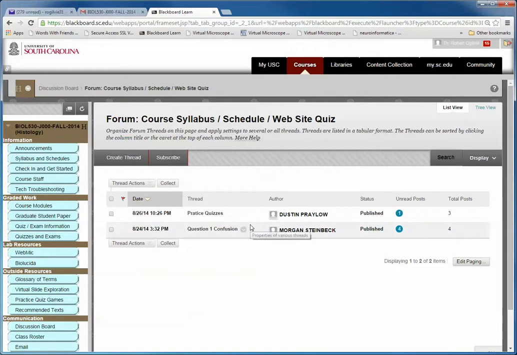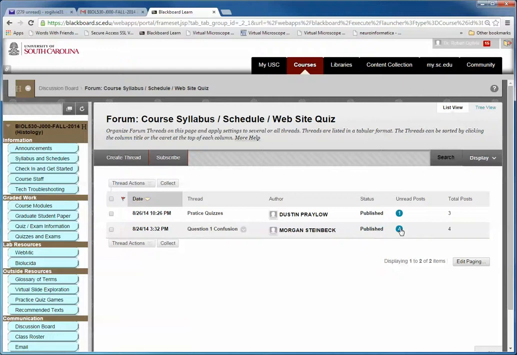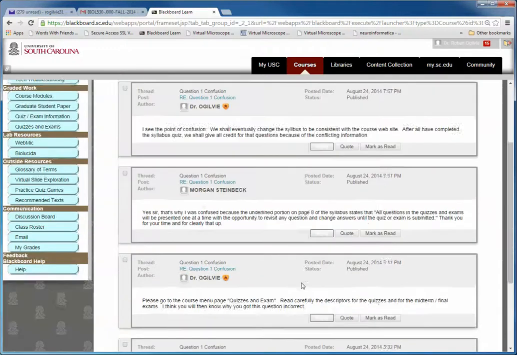You see, I am logged in as you would be logged in as a student. This is the student view of our course website. And you can see I have one unread post here and 4 here. Now a very quick way to go to the unread post is to just click here and it takes you right to that. And then you can back up and you could go to these 4 and you could look